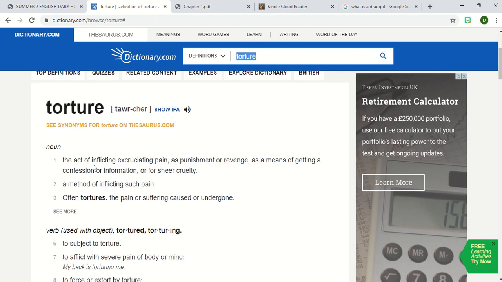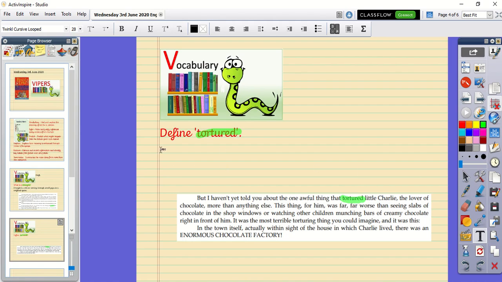So torture, the act of inflicting excruciating pain as punishment or revenge, as means of getting a confession of information or for sheer cruelty. Okay then, so it's to cause pain on someone. Okay, so he is tortured, he feels tortured